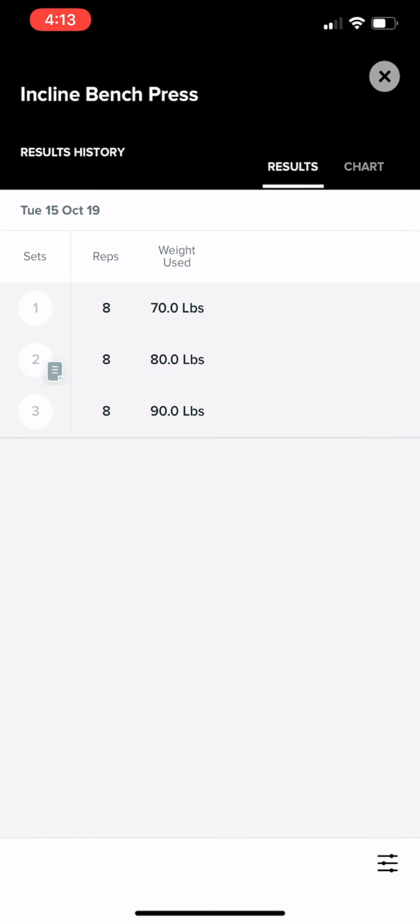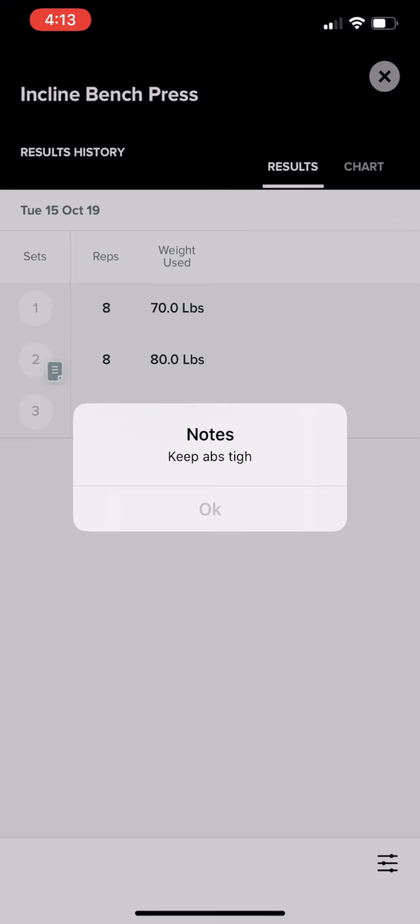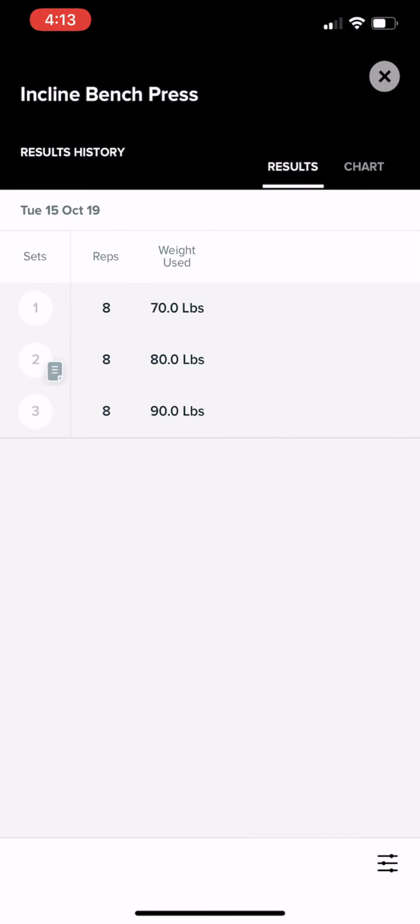Again, set 1, did 8 reps, 70 pounds, so on and so forth. It also contains your notes that you added. So this is a really awesome way to view your progression and your progress over time. As you continue on, you'll have many, many data points in here. And like I said, it gives you a really awesome visual if you're progressing, if you're not, and so on